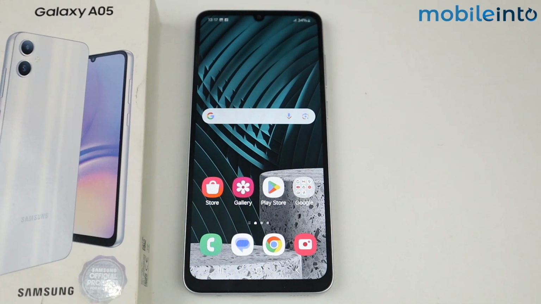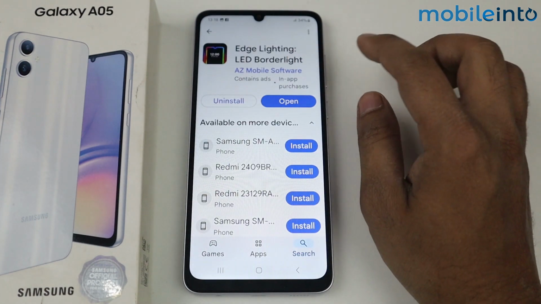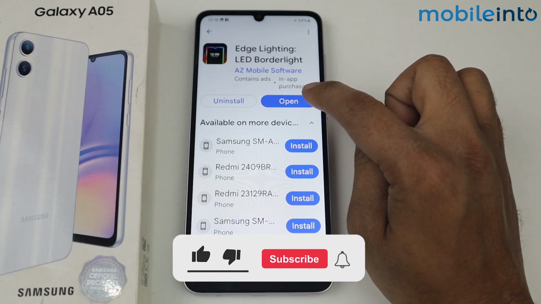Hello, in this video I'm going to show you how to enable LED when receives notification on Samsung Galaxy A05. Simply go on Play Store, install this application. I have already installed it, so I will simply open it,